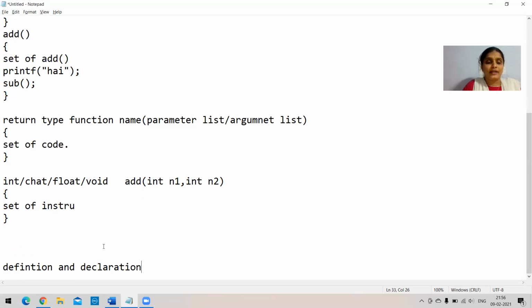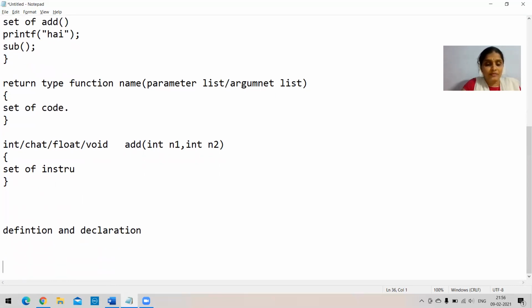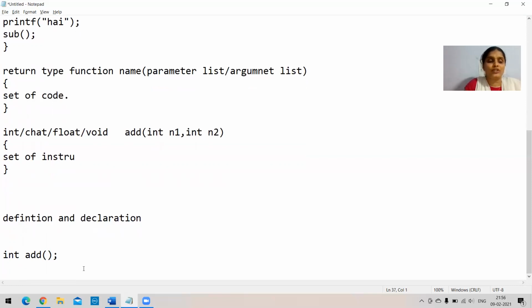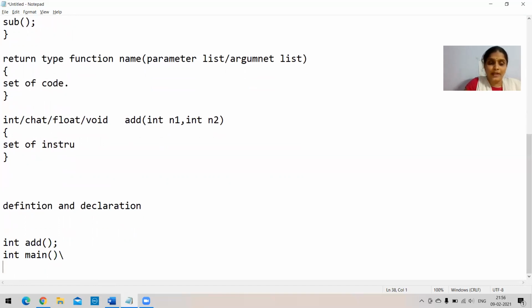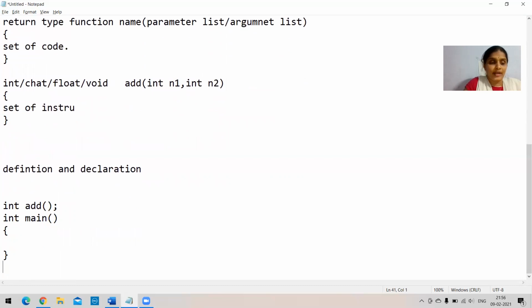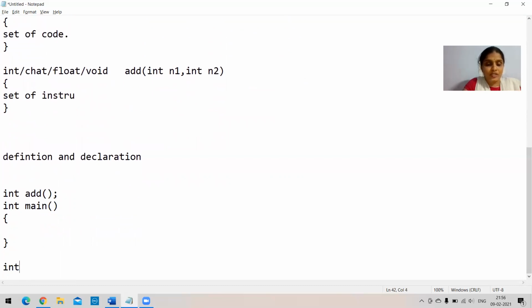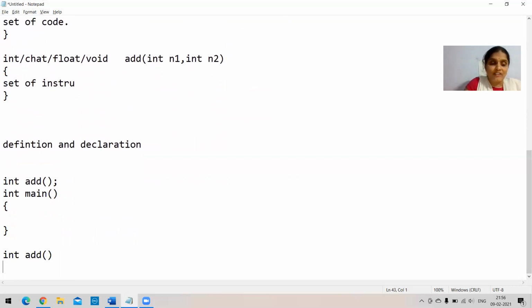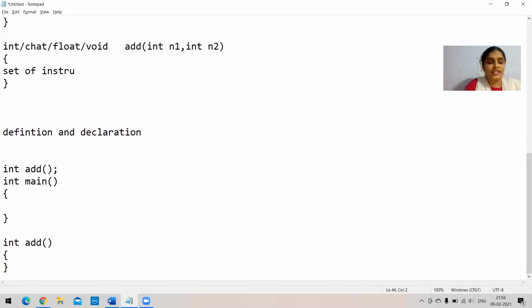And declaration is nothing but using the add function and telling the compiler that I'm going to use this function. Suppose it is my main function, right? I have written some set of instructions over here, and here I'm writing the logic for the add function outside the main function. So I'm just calling the function here. So if you see here, this is the function